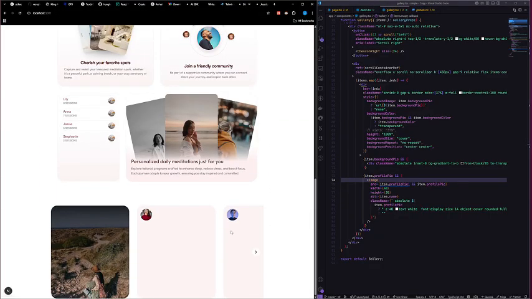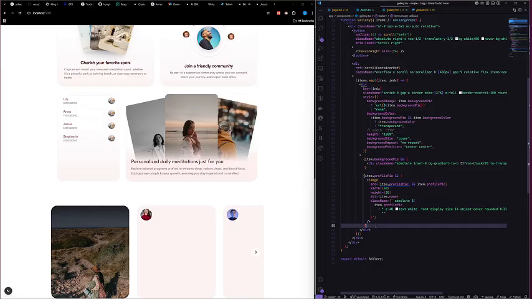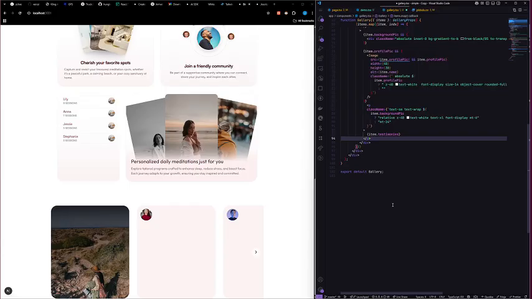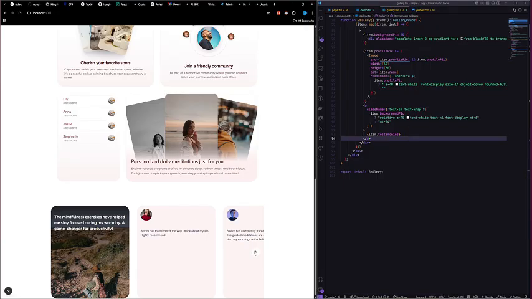As you can see, we're having the image pics right here, as well as the paragraph. So right here we have our paragraphs, right? Given the text a wrap, so it doesn't go beyond the